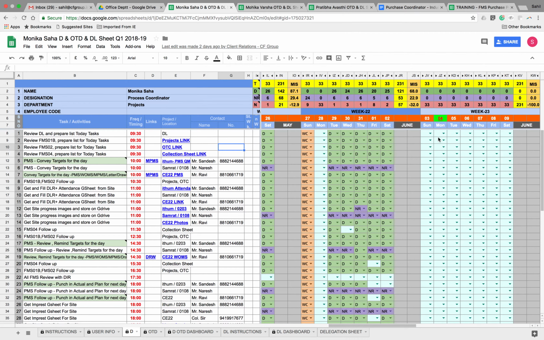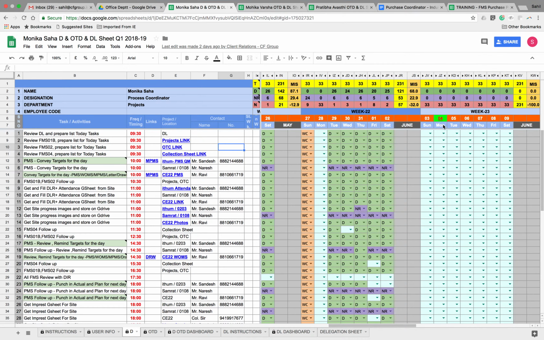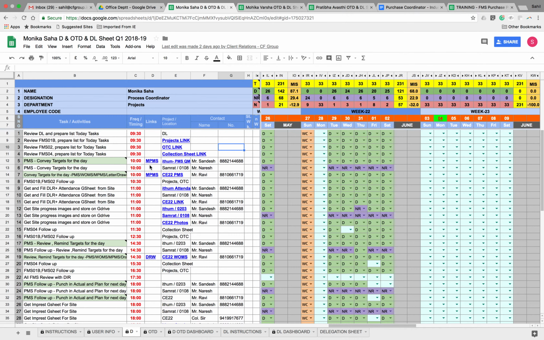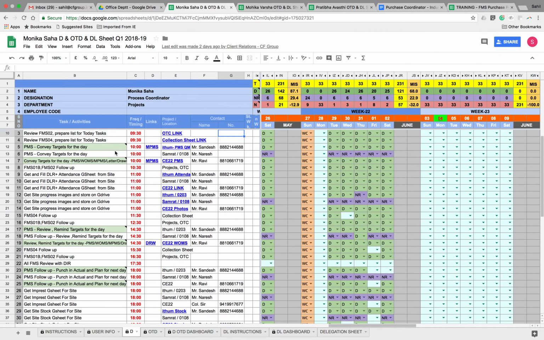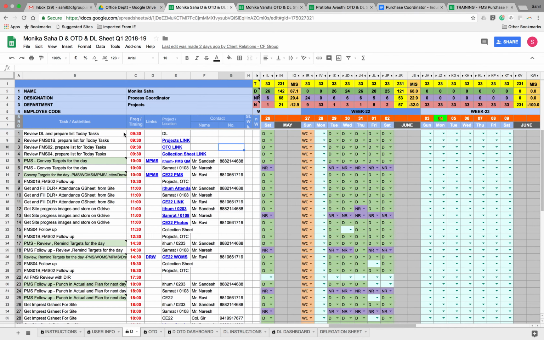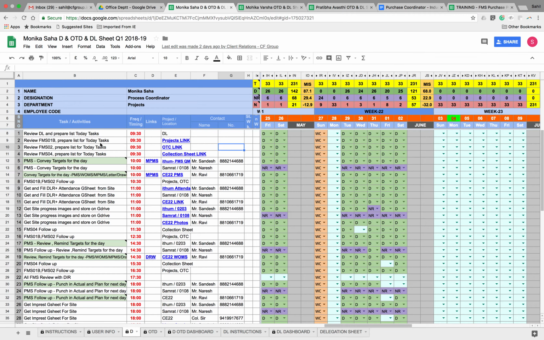As you can see, today is 4th. So this is highlighted. So today the doer has to fill this dashboard and complete all the tasks as mentioned in the D sheet. As you can see, complete time chart for the doer has been mentioned in the daily sheet. So when the doer comes in the morning at 9:30, he or she has to follow all the tasks mentioned in this sheet and execute and get them completed.